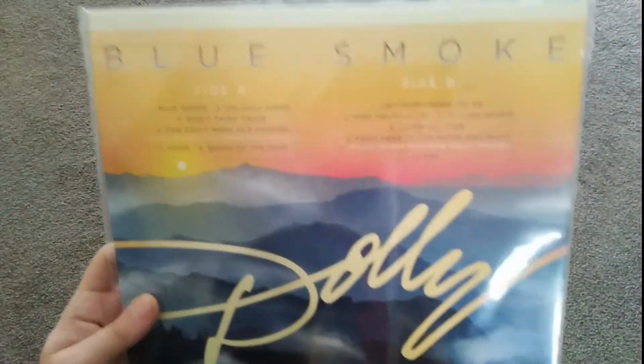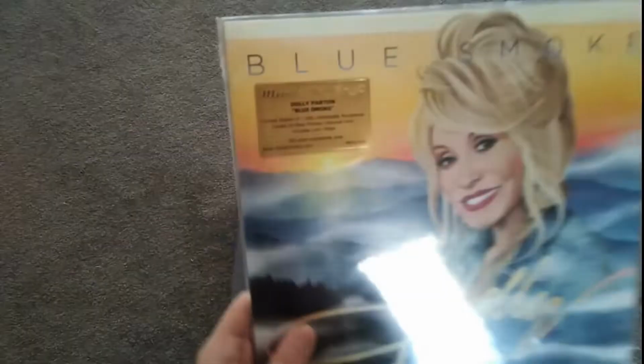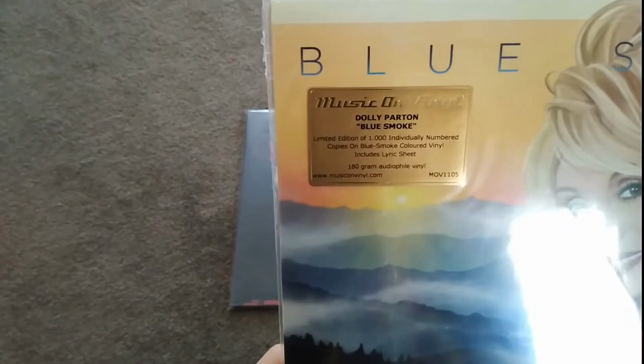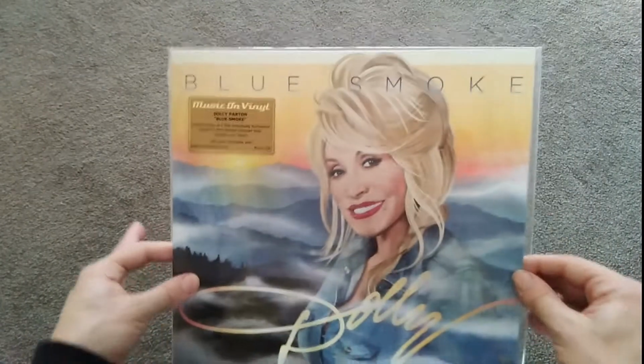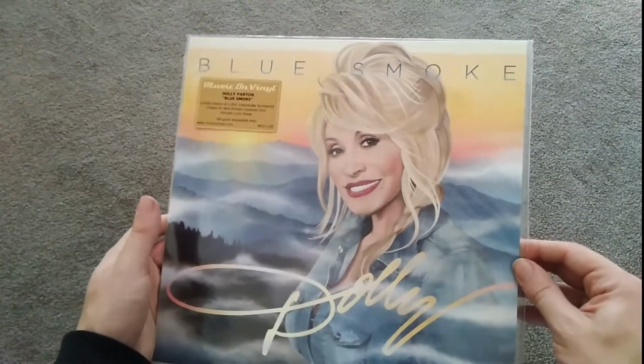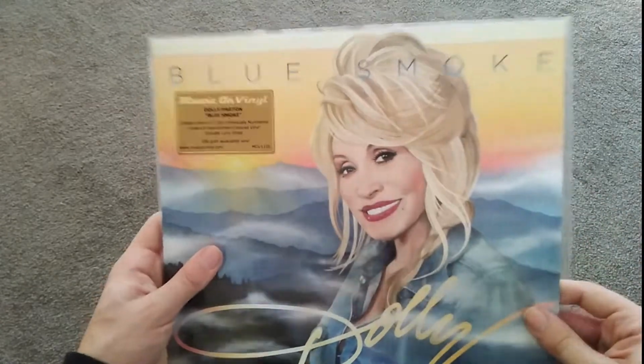This is a fantastic album. I recommend listening to it. It's just amazing. Here's your hype sticker. So they did do this. I'm not sure why they did this in 2019, years after this album came out. I'm not sure why, but